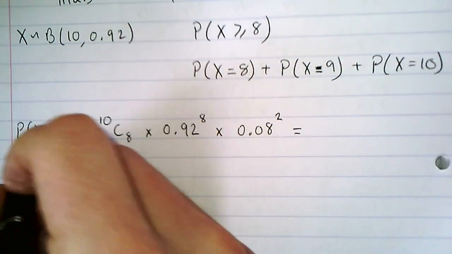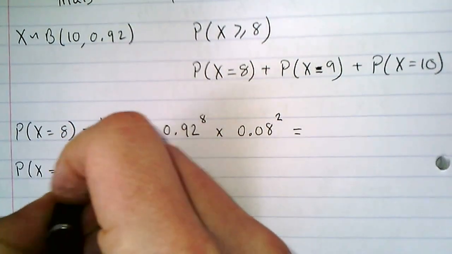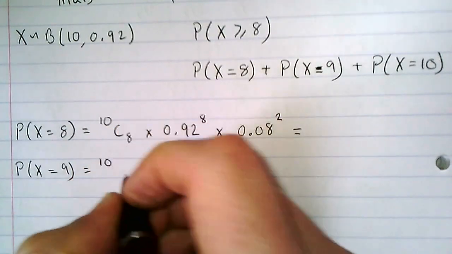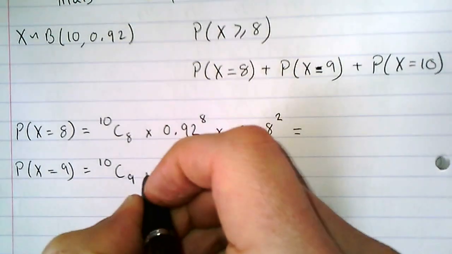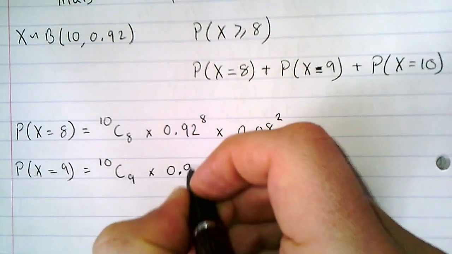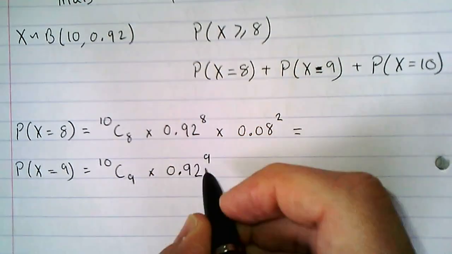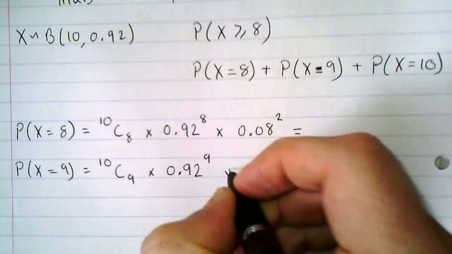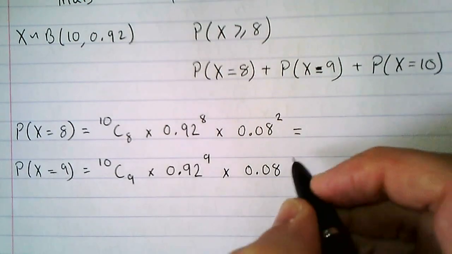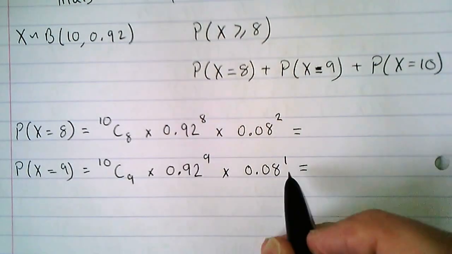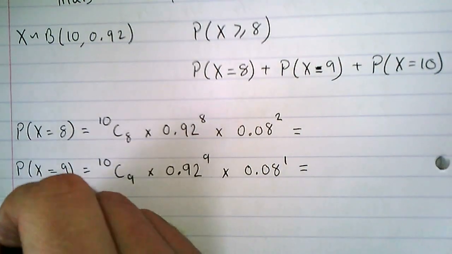It's the same way for probability that x equals 9, so we'll do that one, and then we'll start working these out. So 10 choose 9, want 9 successes multiplied by probability of success 0.92, want 9 successes, so the power is 9, multiplied by 0.08 to the power of 1, because this is how many failures we want. And finally,